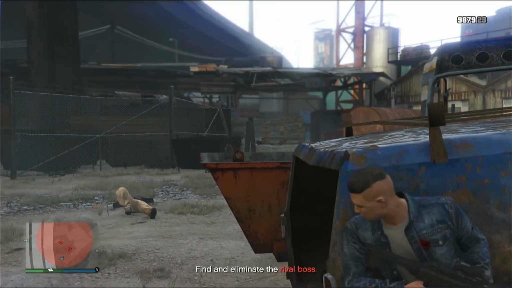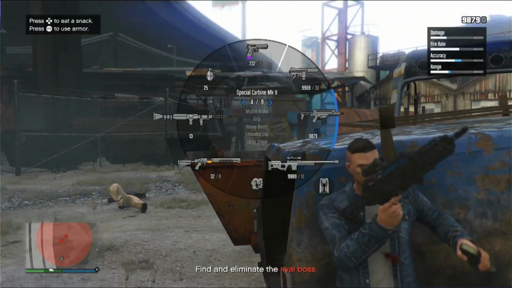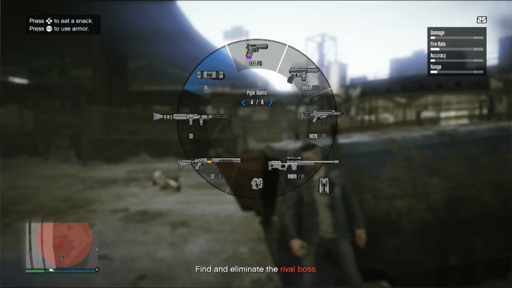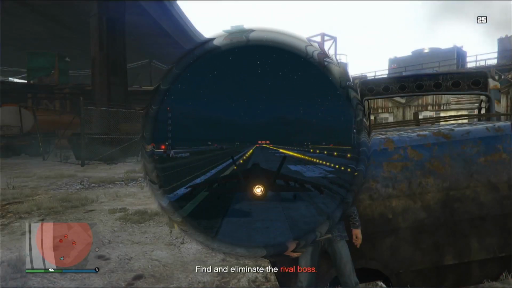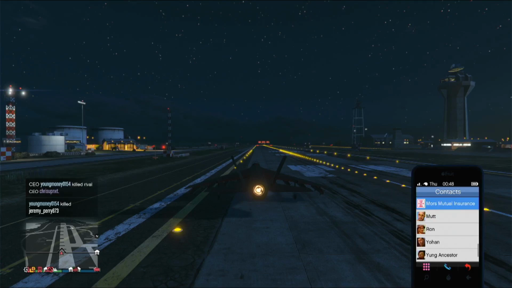Just trust me when I say you will not be very profitable if you don't have the equipment upgrade and you just start buying the supplies. You'll probably end up losing money, to be honest. To unlock the equipment upgrade, you have to do 10 Fooligan missions, and these are the missions that you do